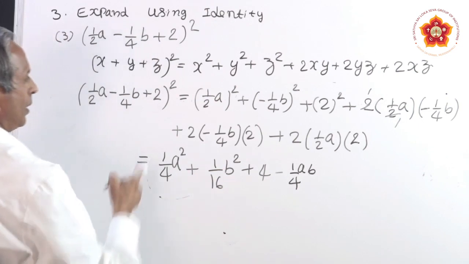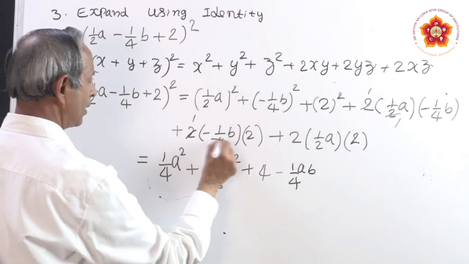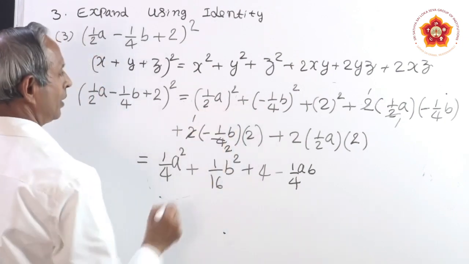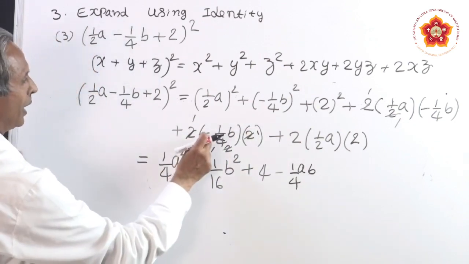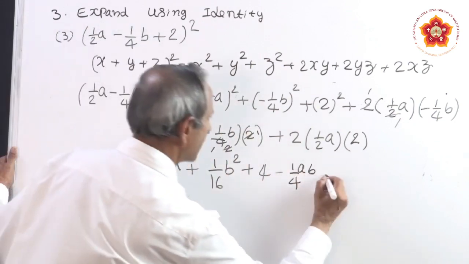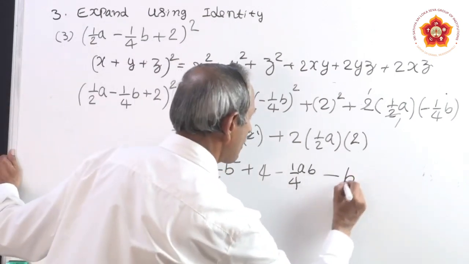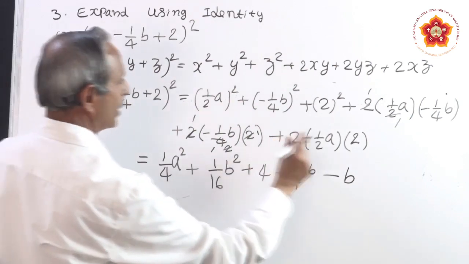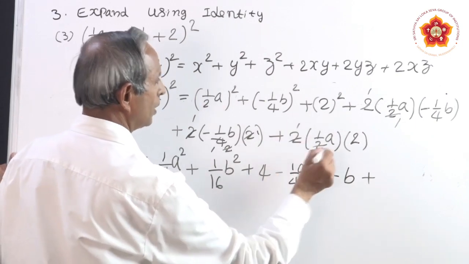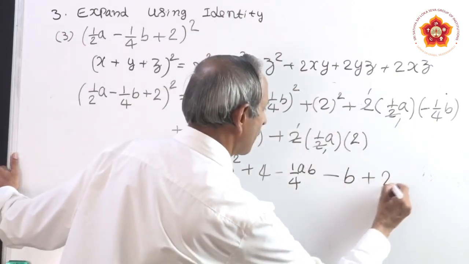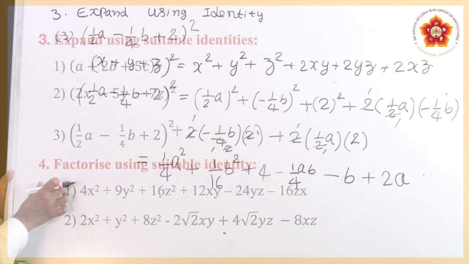Now let us move to next term. Here also cancel, 2 1s are 2, 2 2s are 4. Once again these 2 and these 2 will get cancelled. Then you will get minus sign here, write minus sign. Now we will get only b, left with b only. Then here only plus sign is there, write plus sign. Now you can cancel 2 and 2. Then you will get the answer 2a. This is the product of the third problem.